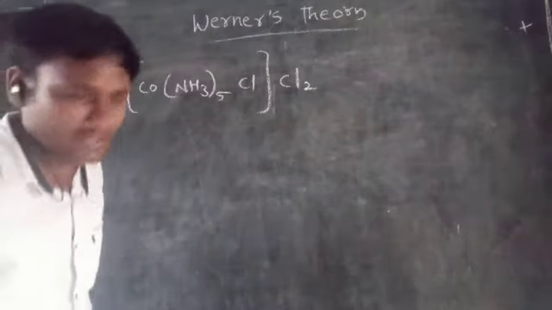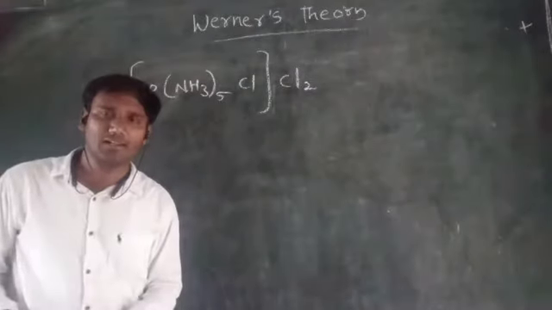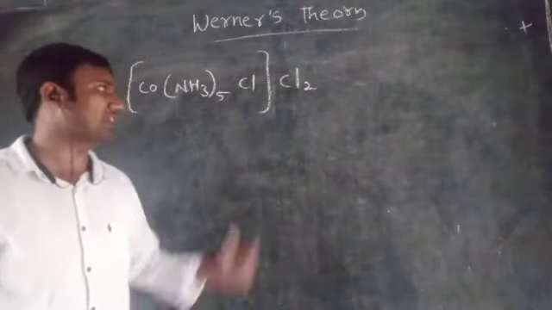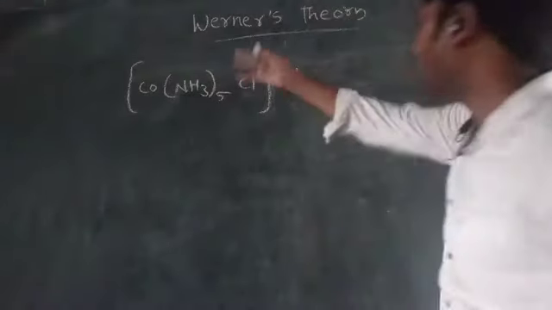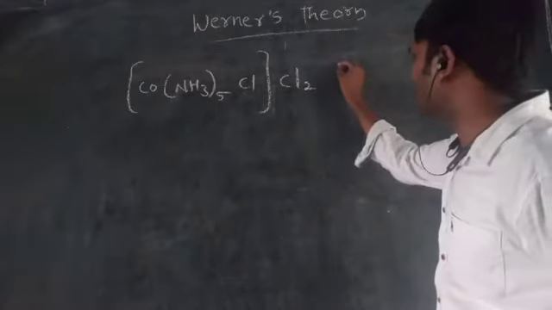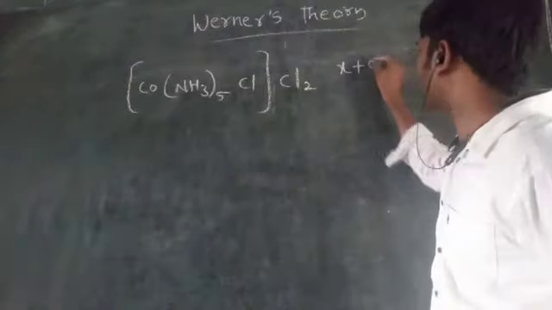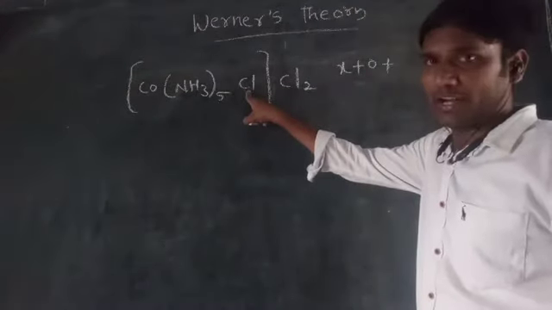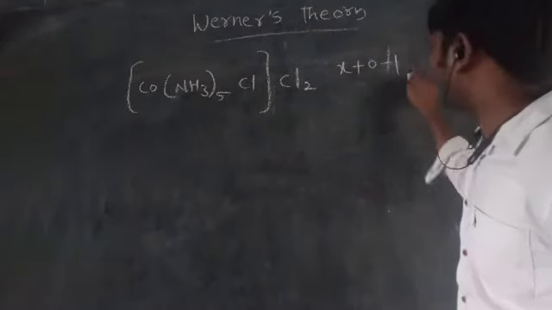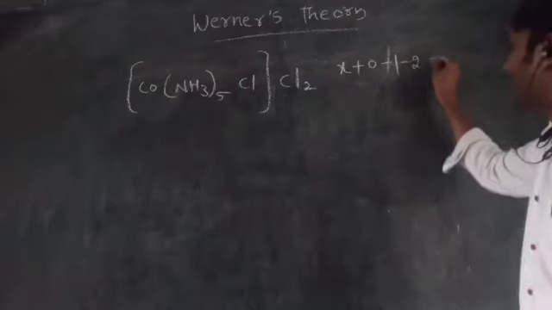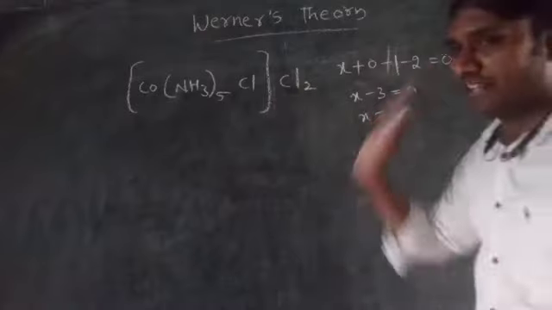Now we have to identify primary valency and secondary valency, right? So primary valency represents the charge on the central metal atom. So what is the charge on the central metal atom? How can you identify it? We have to find the cobalt charge. Cobalt charge we don't know, so we take it as X. Plus we know that ammonia is a neutral ligand, there is no charge, 0. Plus here one chlorine is there, chlorine is a negative species, the charge is -1, that means 0, -1, right? Next, again here 2 chlorines are present, that means -2 is equal to 0. Totally X minus 3 is equal to 0, then X equals 3. Again, cobalt charge is 3.